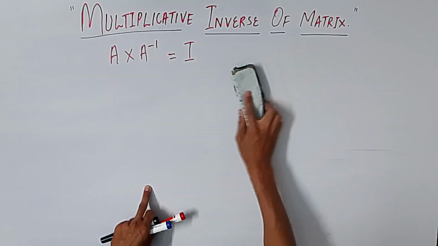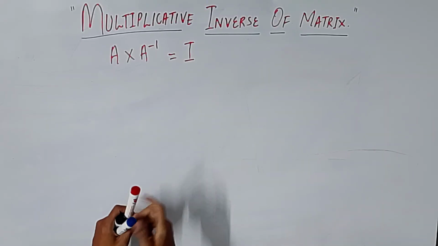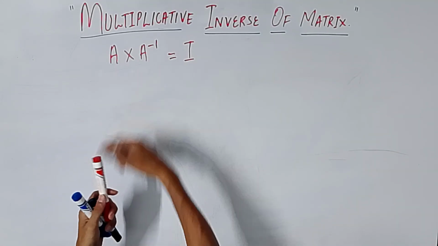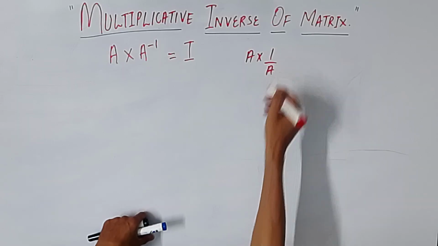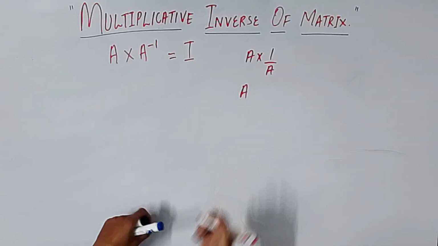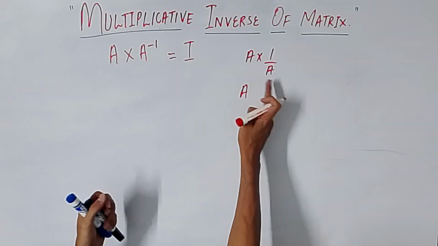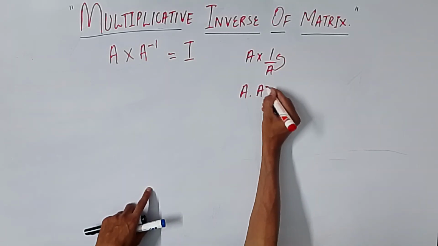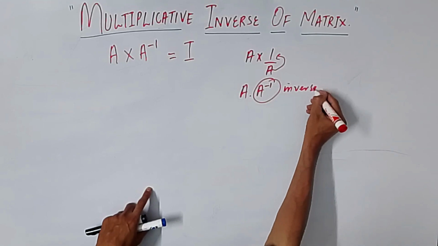But when we talk about the multiplicative inverse of a matrix, instead of writing a multiplied by 1 upon a, if a is a matrix, there is no particular method or way of doing division in matrices. So instead of dividing, you move this particular matrix to the numerator and its power becomes -1. So we call this particular thing the inverse of a matrix.